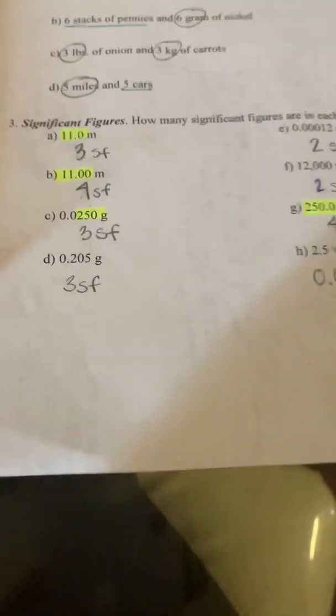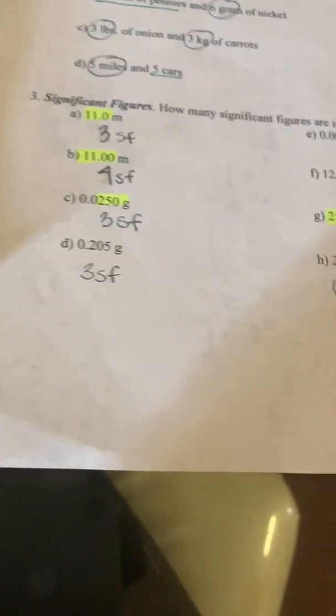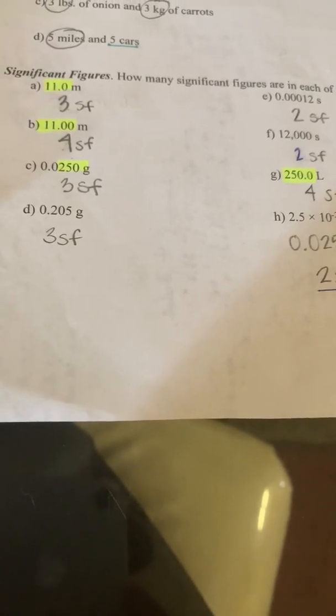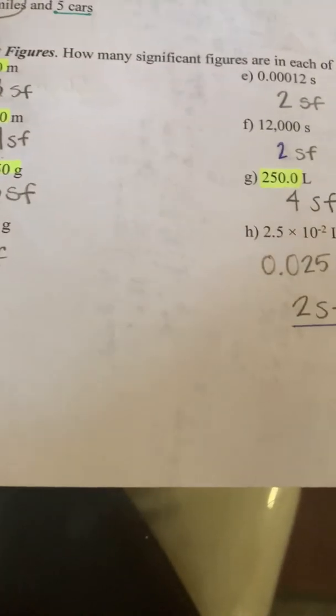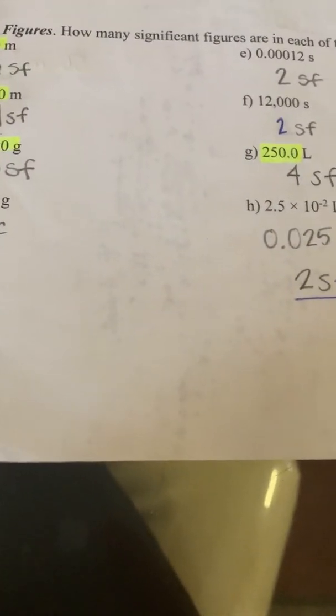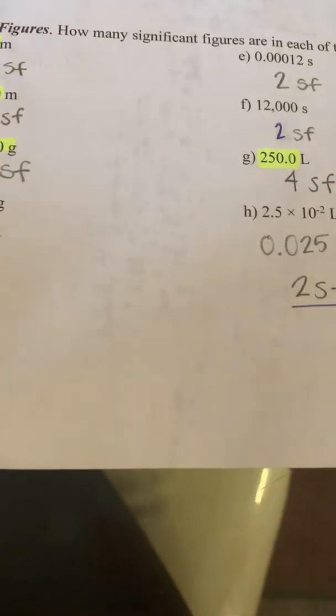Moving on to number 3, significant figures. How many significant figures are in each of the following? Underline them. So you can go ahead and refer back to the book for this, because there is a page where it talks about significant figures and rules. So for letter A, it does say